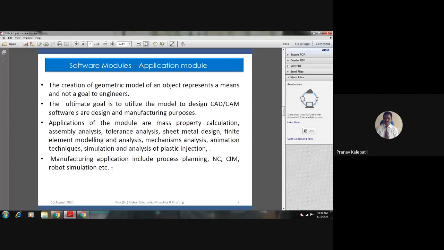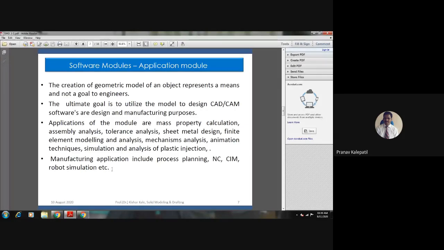Tolerance analysis: tolerance is actually the allowable variation in the dimension. So we have to fix what the tolerance should be for different parts of a model, how they are fixed, and all that can be studied in the tolerance analysis.